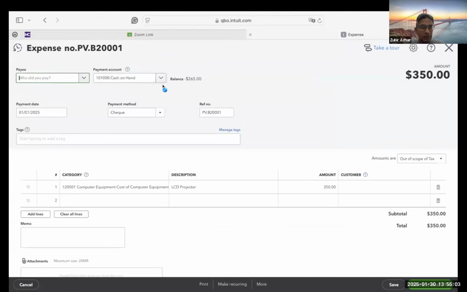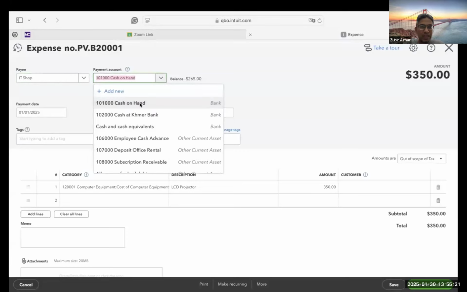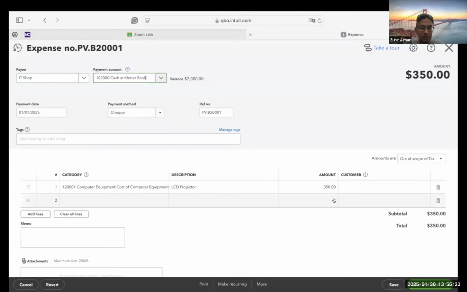So this is your transaction that you have already recorded, right? But I think your payment account is not charged correctly. Instead of charging the payment to your cash on hand, you should be charging to cash at Commerbank. Can we change the payment account from cash on hand to cash Commerbank and then save?